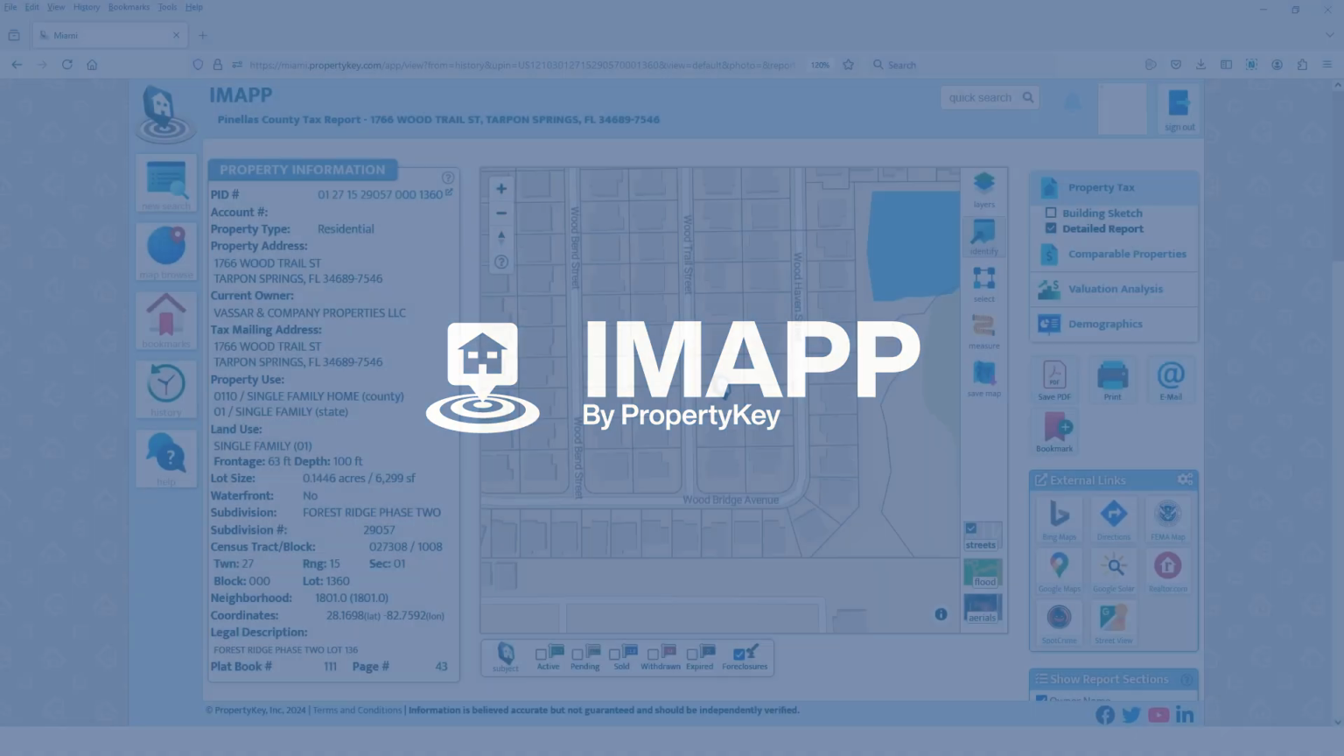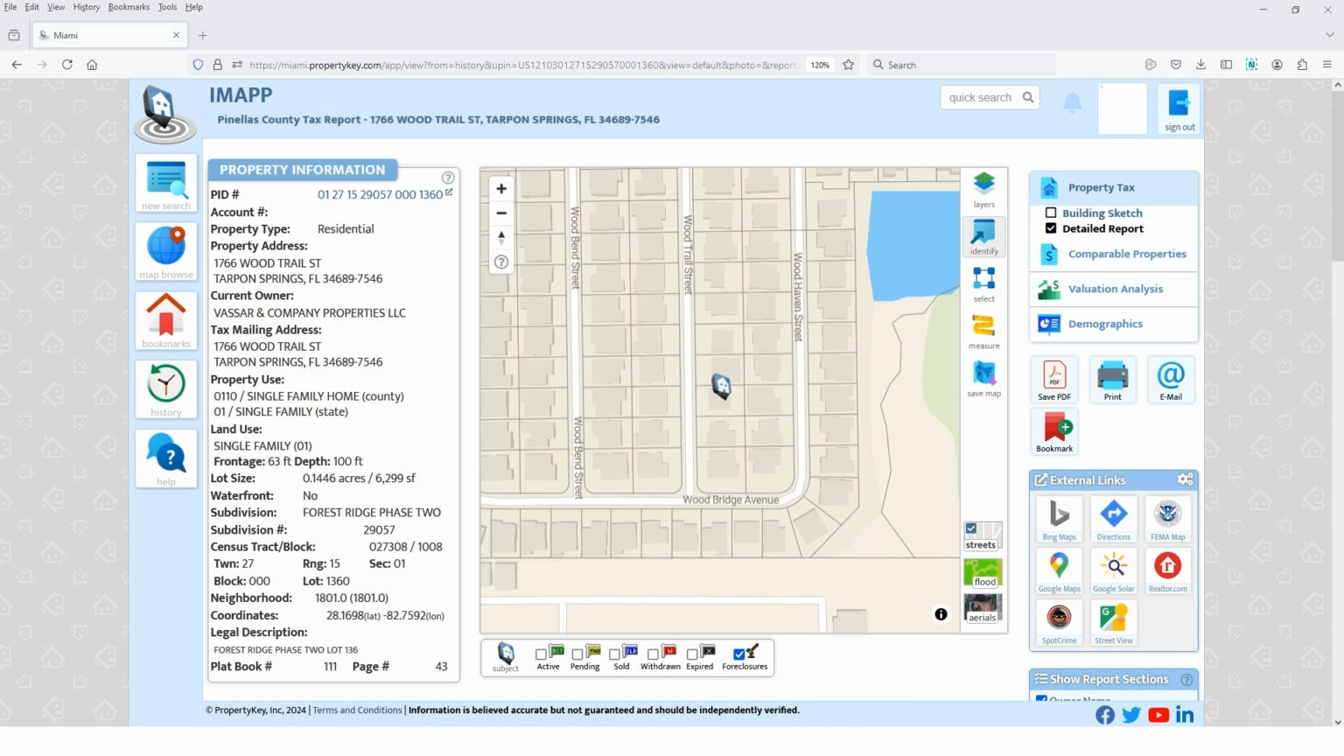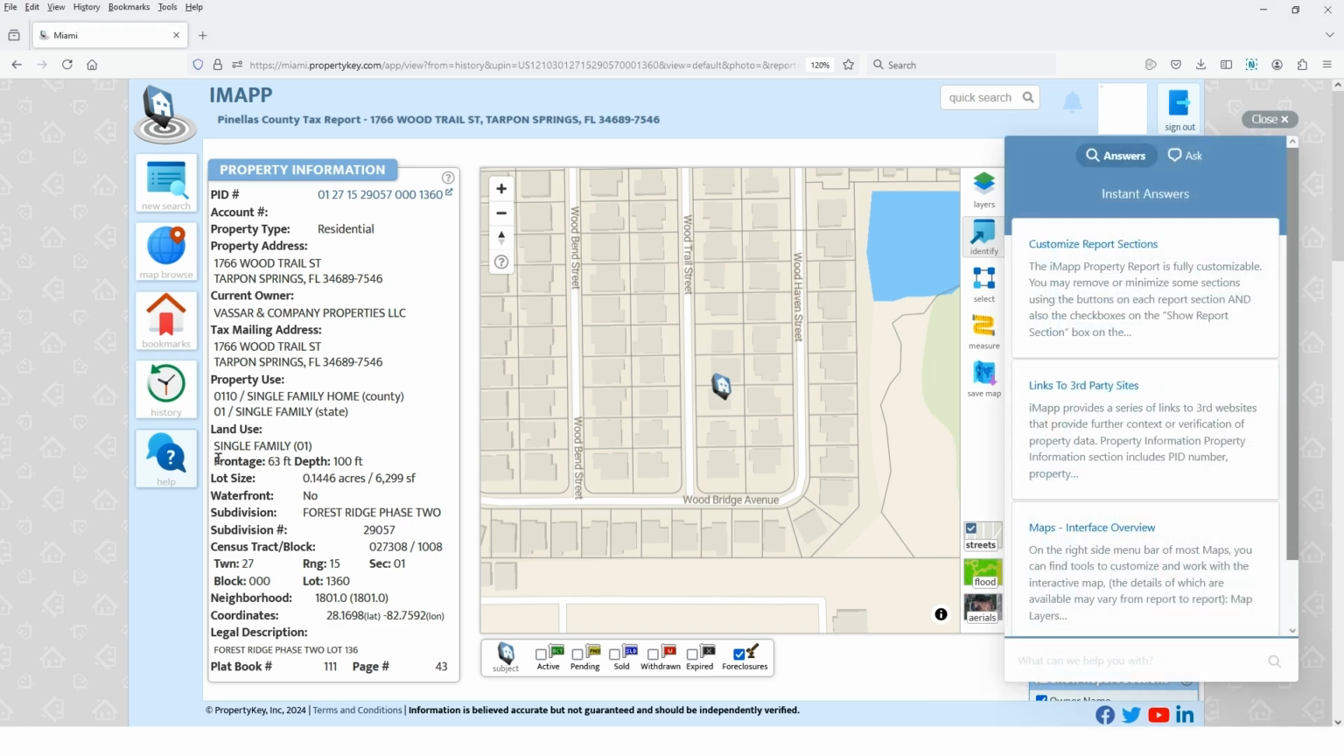Welcome to this demonstration of using iMapp's integrated help system. The simplest way to access this help system is through the Help button on the left side of the screen. This brings up our on-screen help system with some of the most common articles based on the iMapp page you